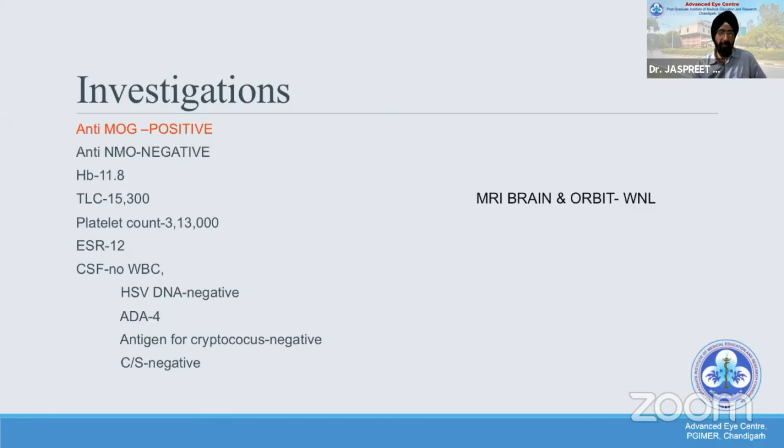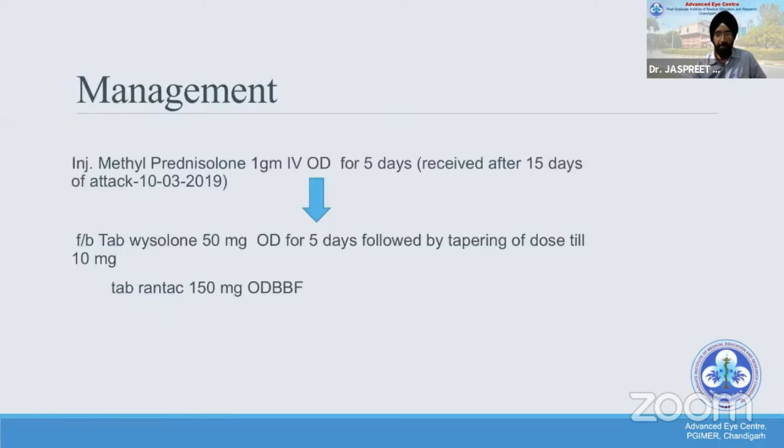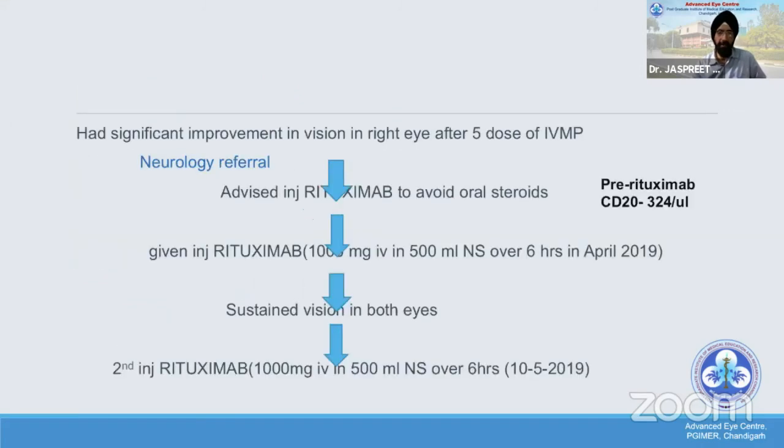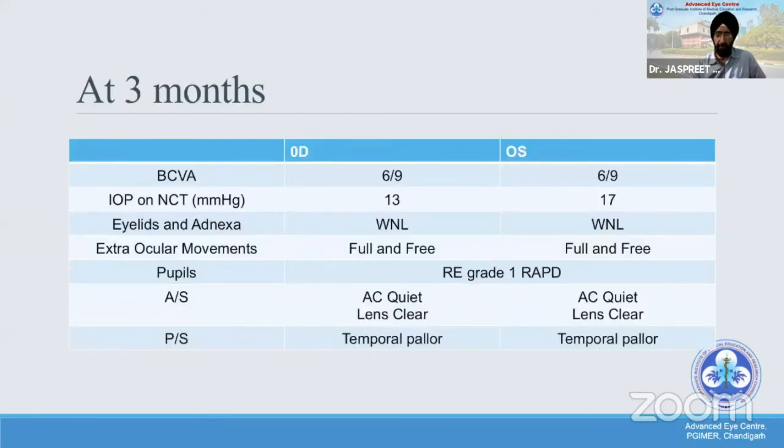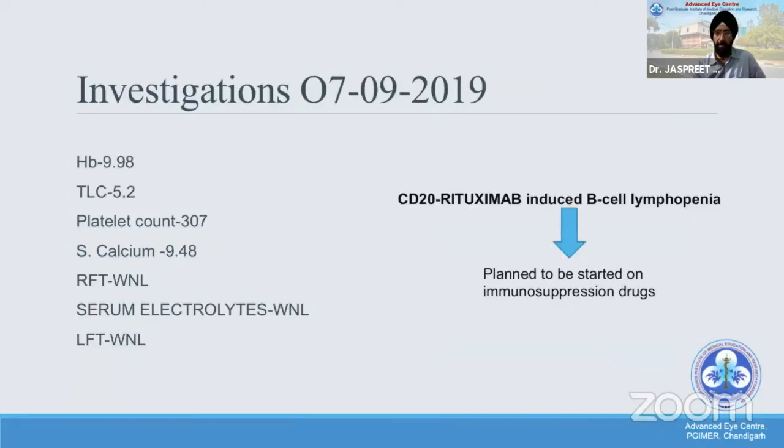So the MOG is positive here. You give her IV methylprednisolone for 5 days, followed by oral steroids. Obviously we had to have a neurology referral for starting her on these immunomodulators, and she is sustaining vision after rituximab. So after 3 months, vision is well maintained, even though there is temporal pallor. And